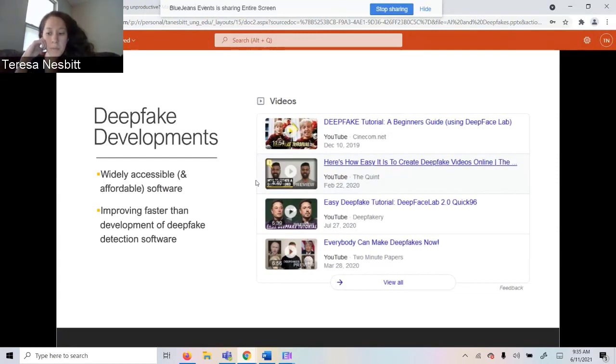It's also become sophisticated to the point where it's not only more difficult for us to detect with the naked eye, but it's also more difficult for deepfake detection software to keep up. One thing that I saw a lot when I was just doing cursory Google searches of deepfakes and information technology is that people would provide these checklists for detecting a deepfake.